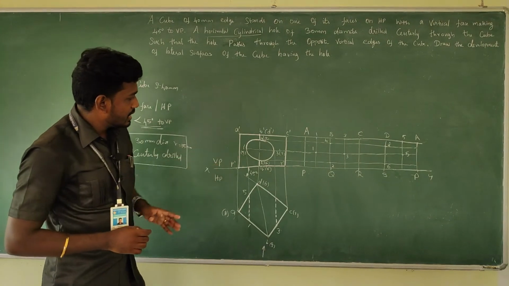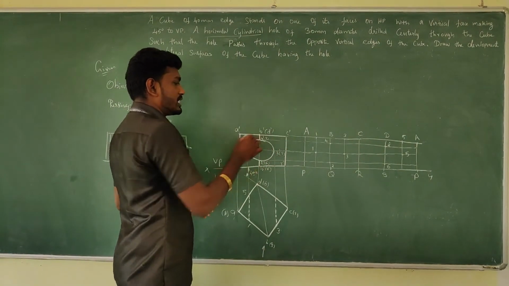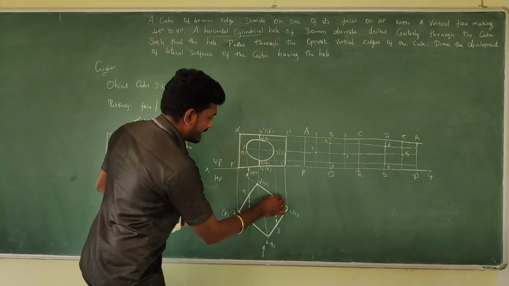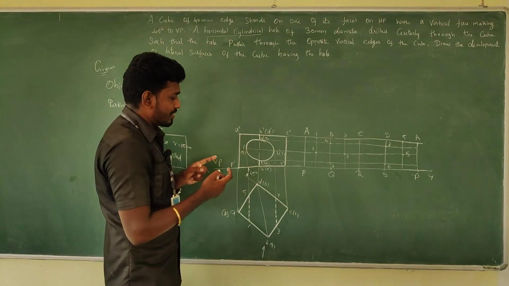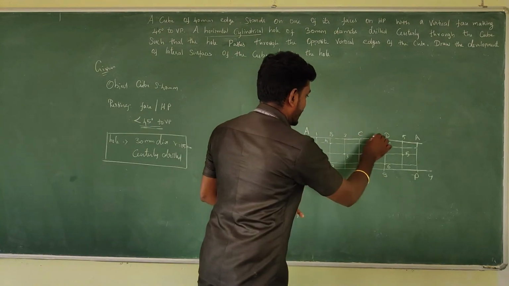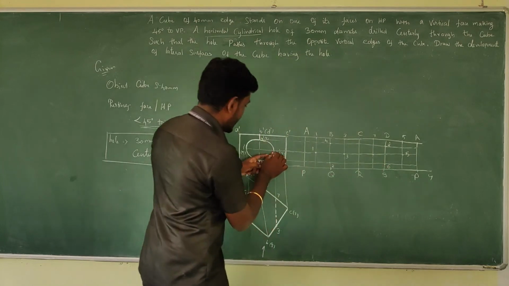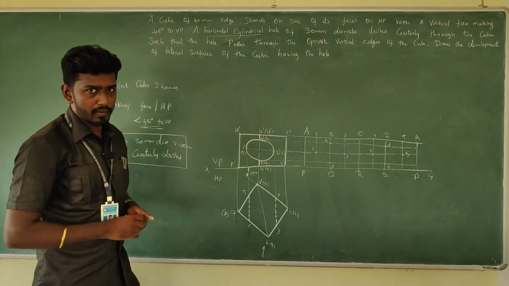And where is the 7th point? It is between the rear face D to C. D to C. Now take the measurement. Here the projector will meet. Take the measurement from C to 7. What is the measurement? From C to 7, I have taken it. So this is 7. Drop the line 90-degree to it. So here the point will intersect. So this will be your 7th point.